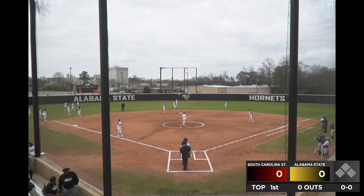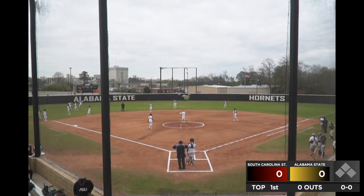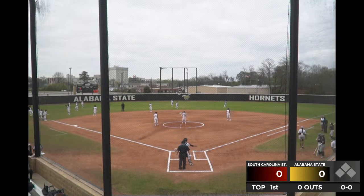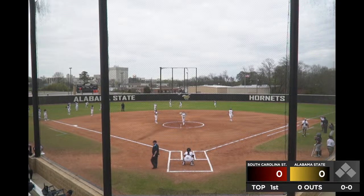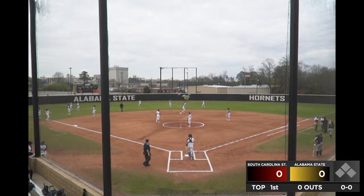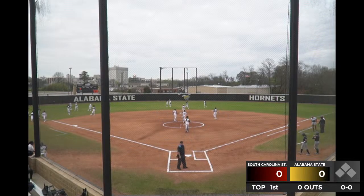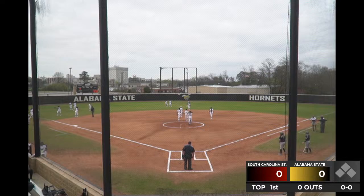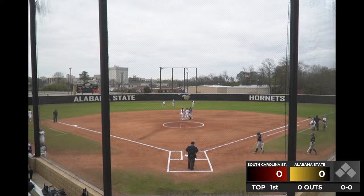At catcher, number 4, Lauren Mayer. At third baseman, number 22, Kiana Parrish. At pitcher, number 3, Bailey Greenlee. At first base, number 12, Leah Richardson. And finally, at second base, number 14, Jada Gardner. Your starting pitcher for Alabama State with a 1.17 ERA, who comes in 3-1 on the year, number 3, Bailey